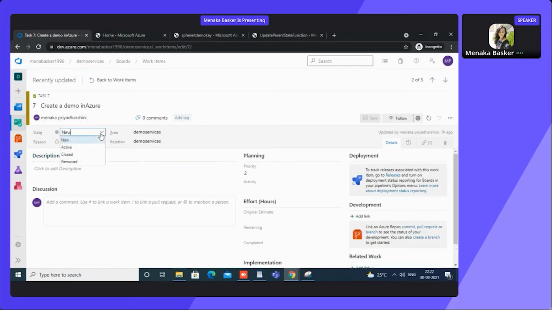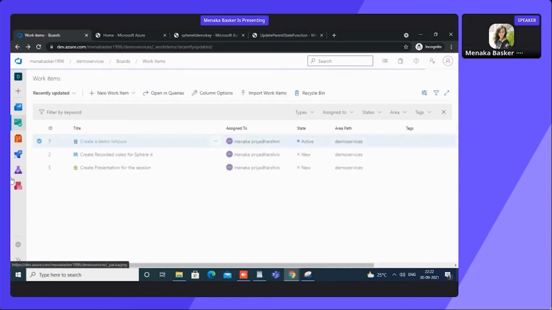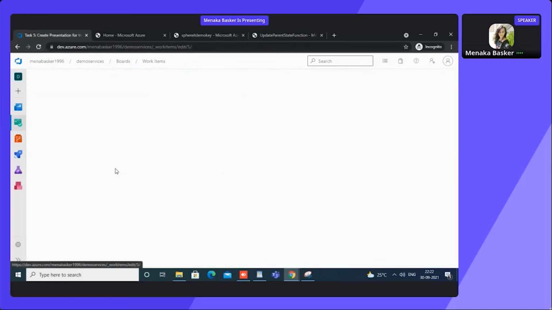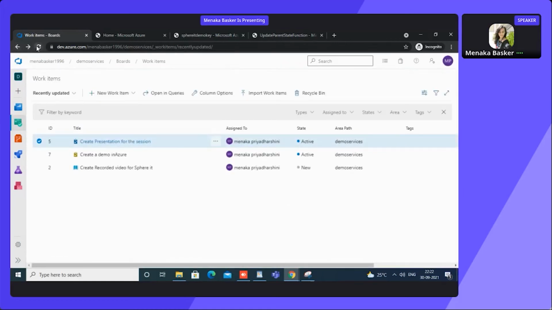For example, I'm setting the particular task to active. So I'm getting back. The particular task is getting updated, so the work item needs to be updated. It has some refresh issue, so it will be auto updated by means of this Azure function.